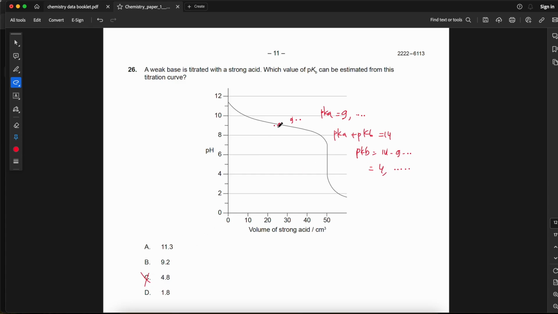Okay, the key here to find the pKb is to find the pKa, and to find the pKa we need to find the point where it is half of equivalence. So if you get pKa, you can plug into this formula and you can get pKb. Okay, so next question: